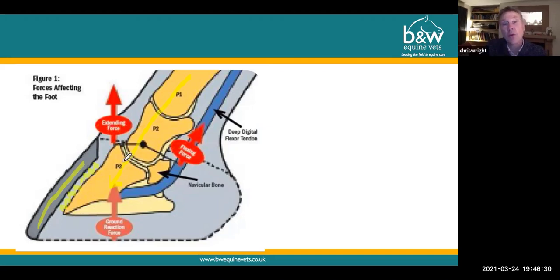What then happens is the weight of the horse is transferred from the bony column onto the hoof, and then the hoof bears the weight on the ground. In theory, the solar surface of a foot here should be concave, and it shouldn't bear any weight. The frog in this region should bear weight, as should the wall all the way around the foot. So all the weight of the horse is basically transferred from the pedal bone down to the hoof wall and then onto the ground surface, with a little bit of addition from the